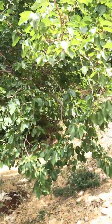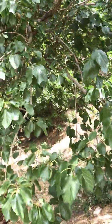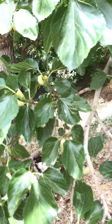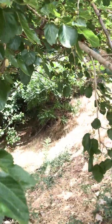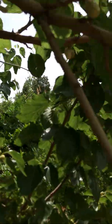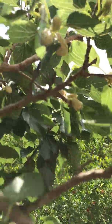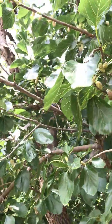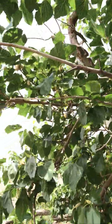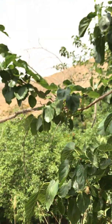Anyway, and this is mulberry. This is the size of mulberries you have here, and this is a dried one on the tree, super sweet. Super good, but you should be careful. You might get stomach cramps if you eat a kilo of this. Eat in moderation,